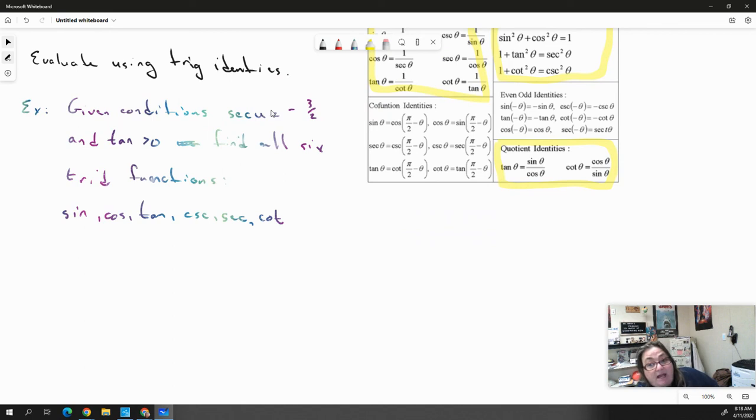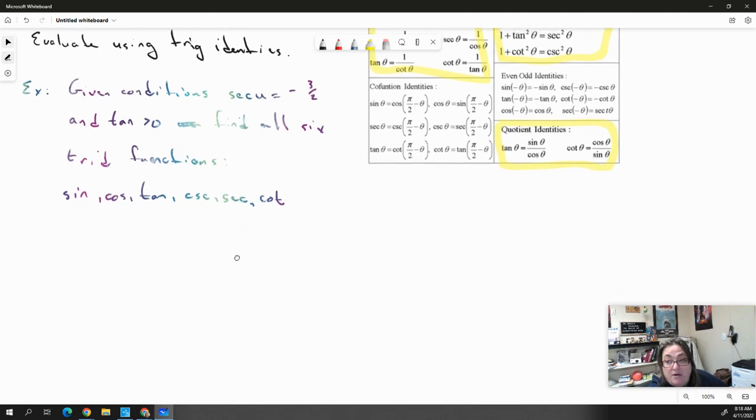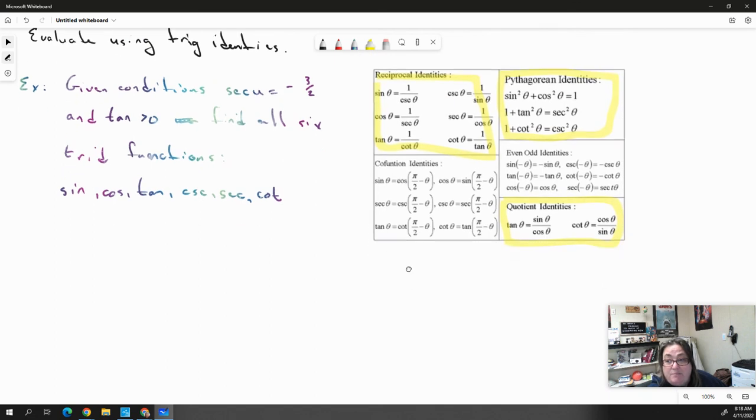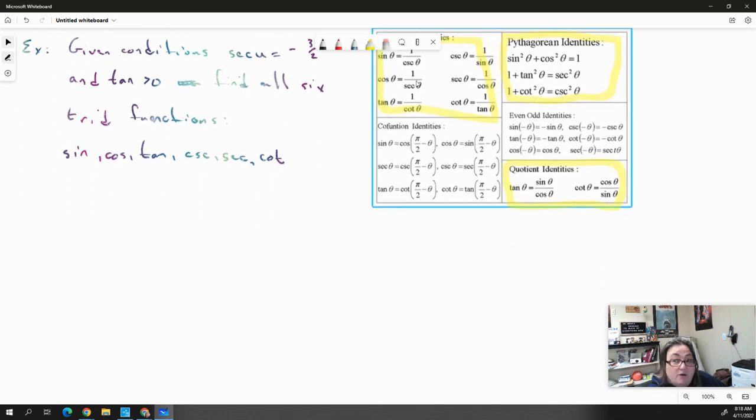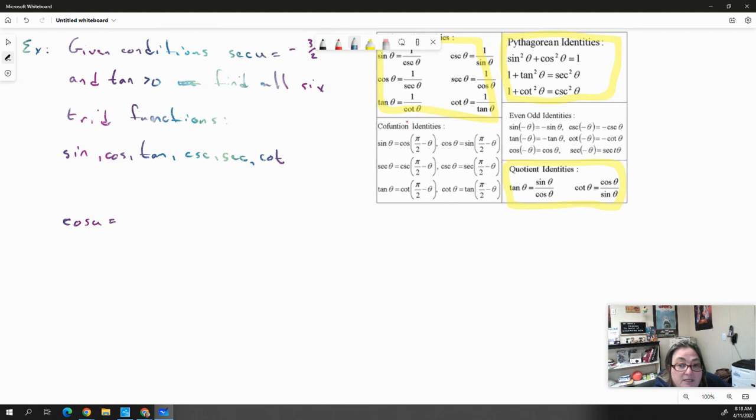Now, the first thing I would look at when I saw something that had secant is to try and figure out what cosine is. So I know based on these reciprocal identities that cosine is 1 over secant. So I know that cosine of u is going to be equal to 1 over secant of u. And so I know what secant of u is. So I know that this is equal to 1 over -3/2,